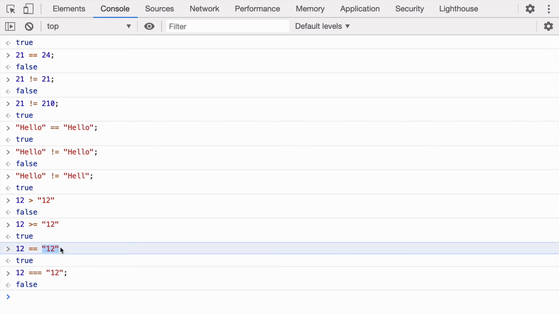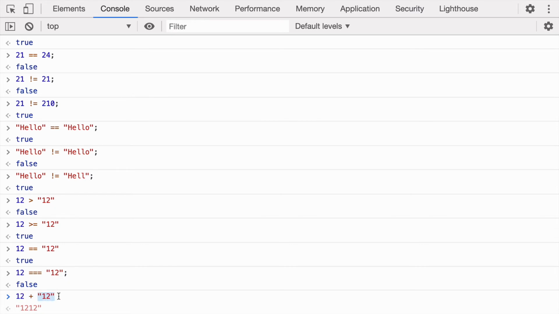As we have learned about type conversion, whenever the type on the left hand side and on the right hand side are not the same, JavaScript performs a type conversion for us, and that is called implicit type conversion. Let's look at this example: 12 plus 12. Here the first value is a number and the second value is a string.